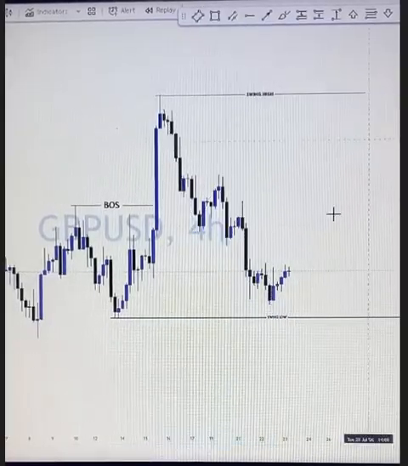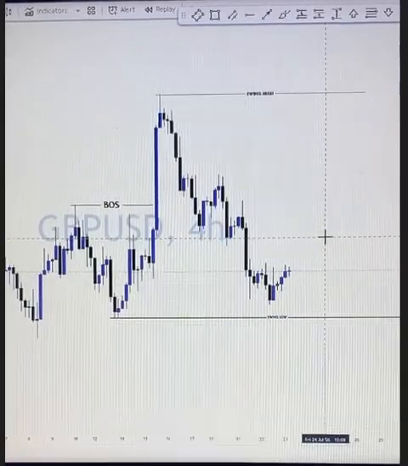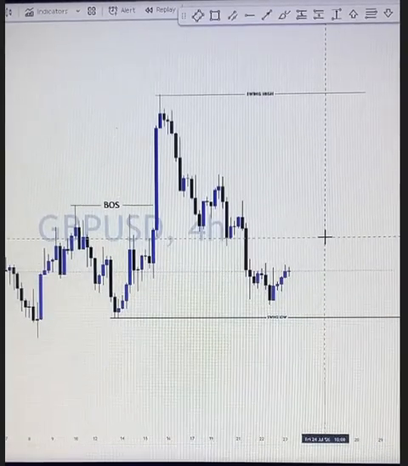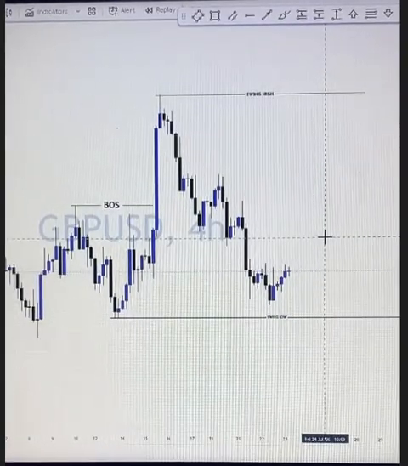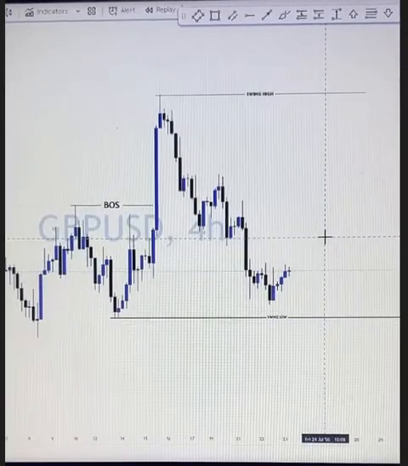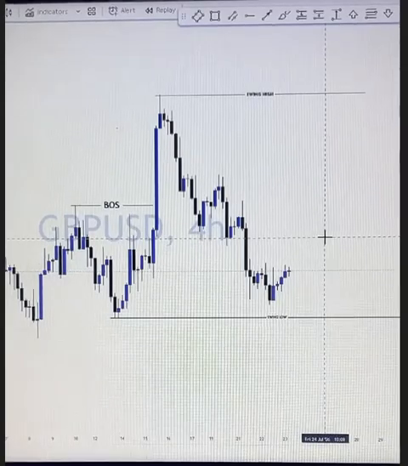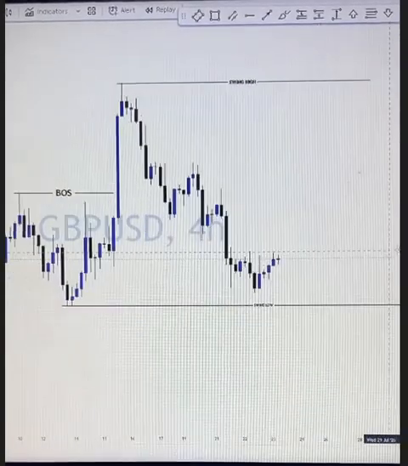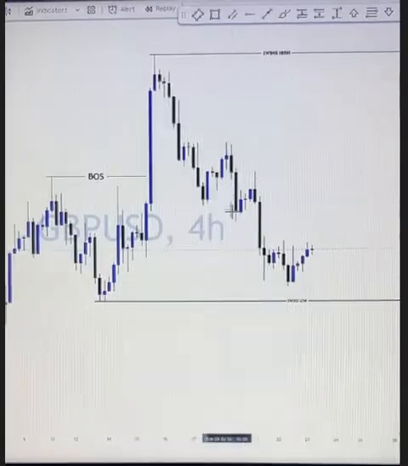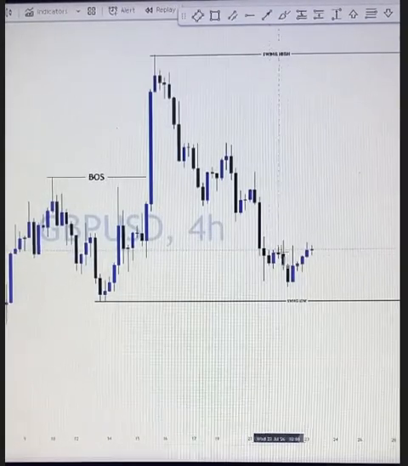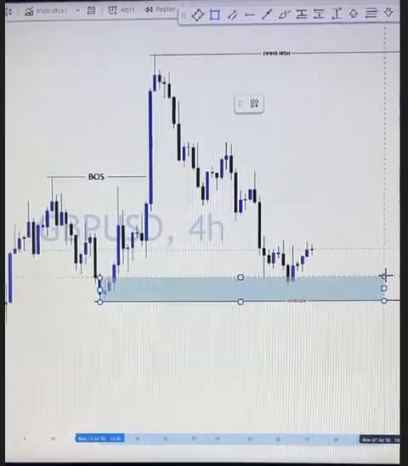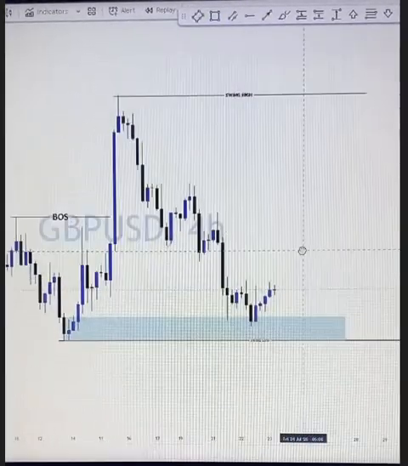Now, the next question we ask ourselves is, where is price reacting right now? Anybody? Order block, key level, thank you. So, extreme order block, thank you. So, all we want to find out is what is currently going on. As we can see, pullback is currently going on and price is reacting at what? A key level.